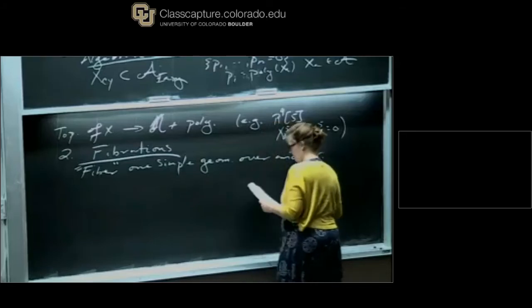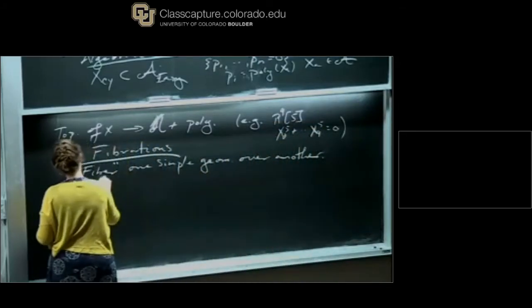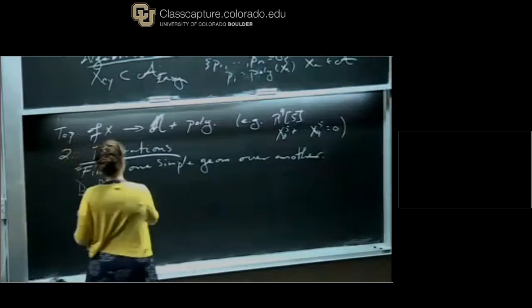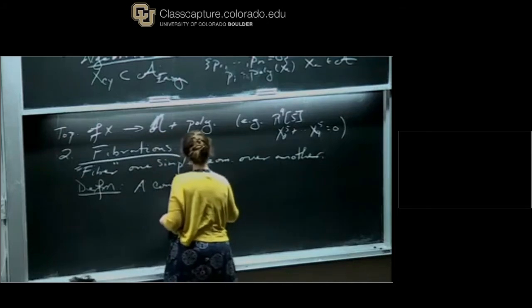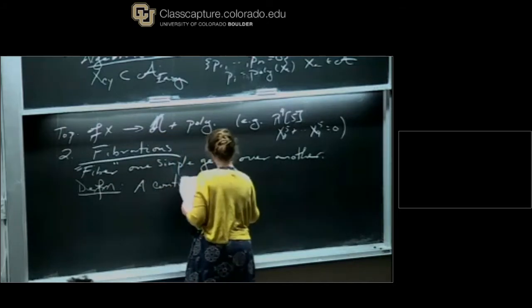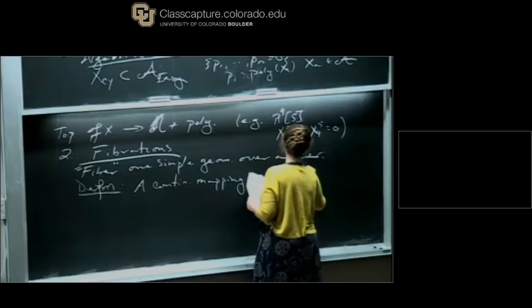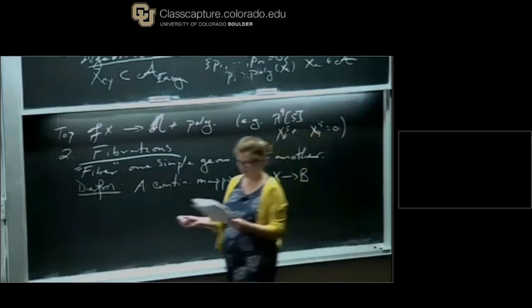Now, probably many of you have seen this before, but I'm going to define just what we mean by a fibration. So the definition of a fibration is a continuous mapping from one space to another. Let's define this map by the function pi, which takes me from space X to another space, let's call it B, such that